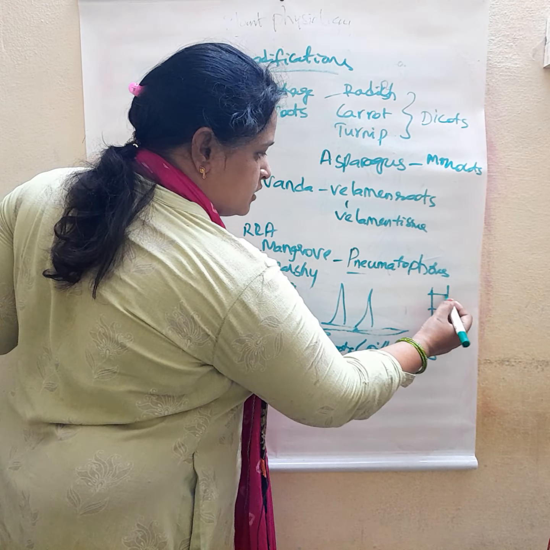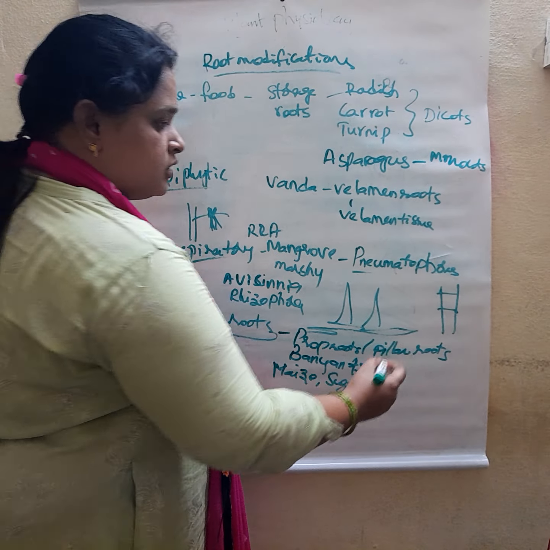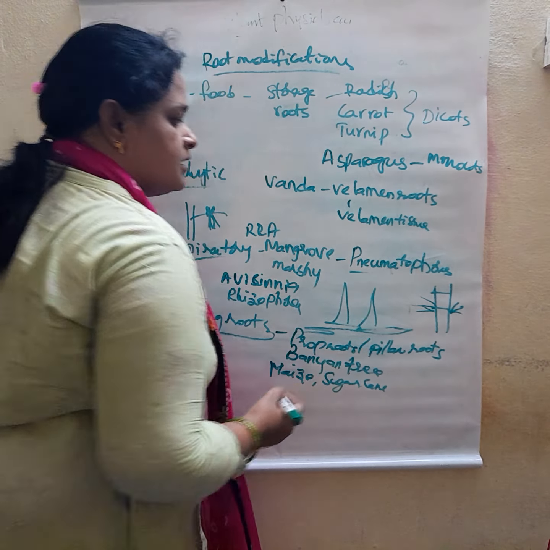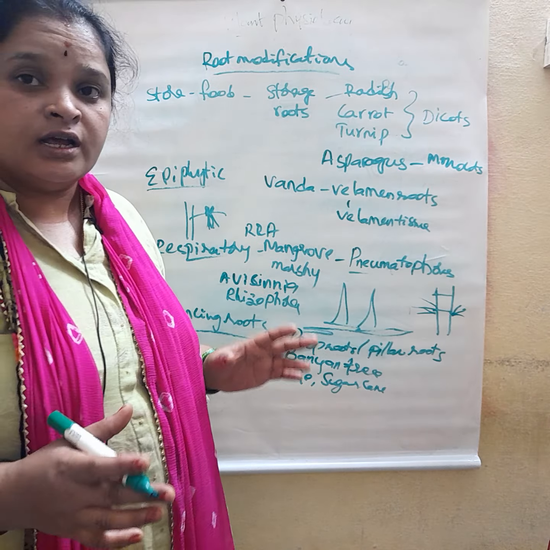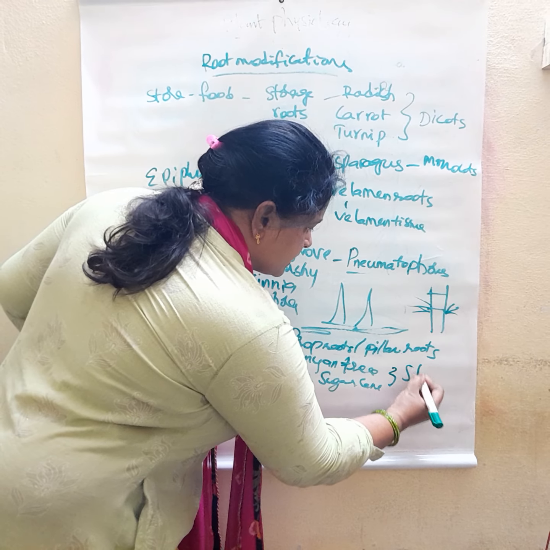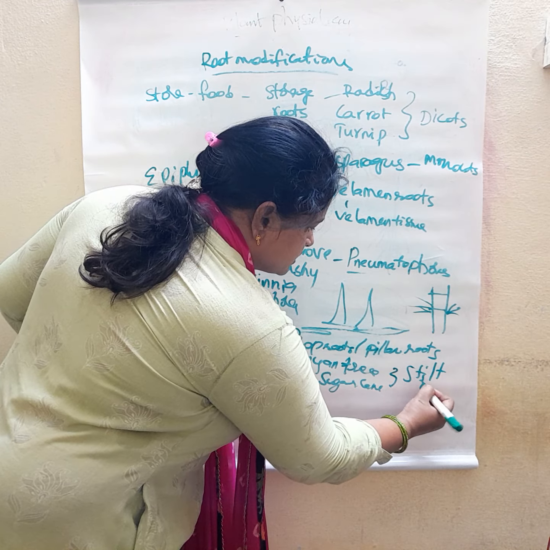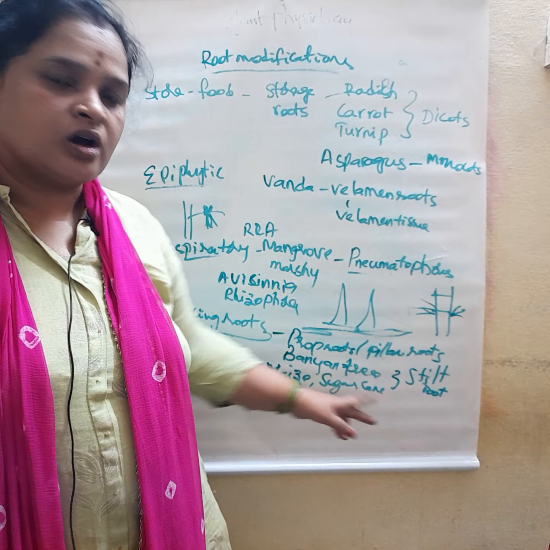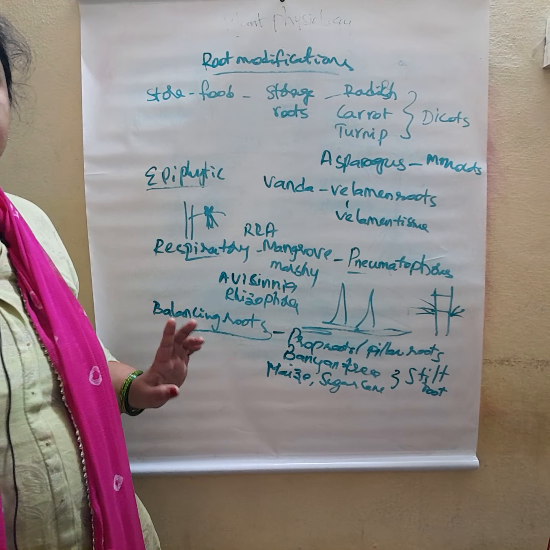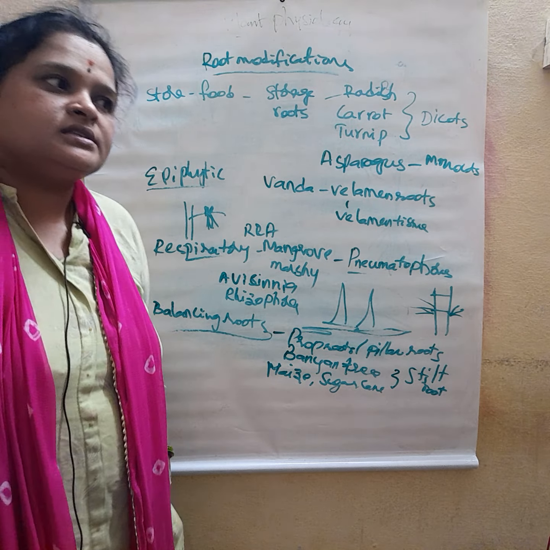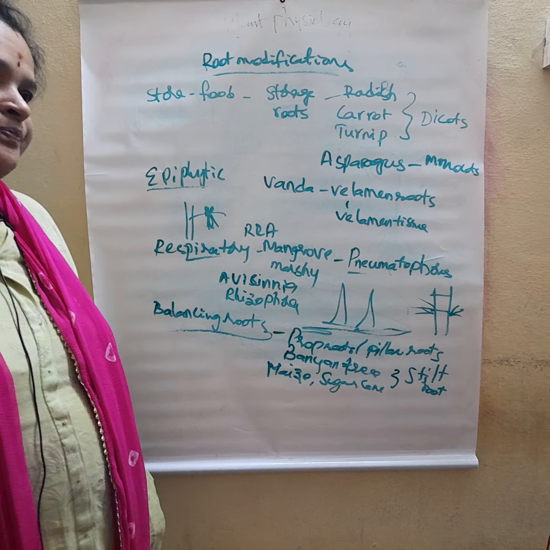nodes, these are the stems. Stem is having nodes, right? At that node, lower nodes producing small roots. They are helping balance. They are helping what? Balance. So they are called stilt roots. They are called what? Stilt root. Prop root or stilt root are examples for balancing roots. So for this, I can give one tricky sentence like